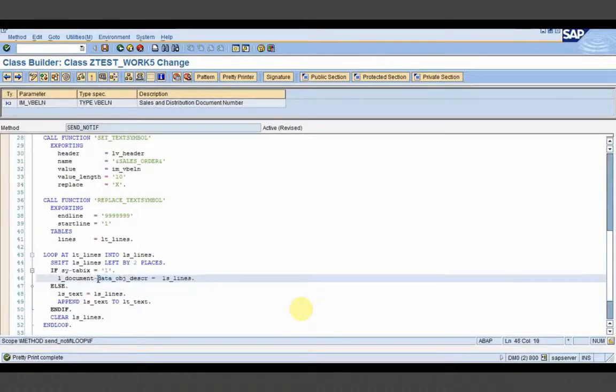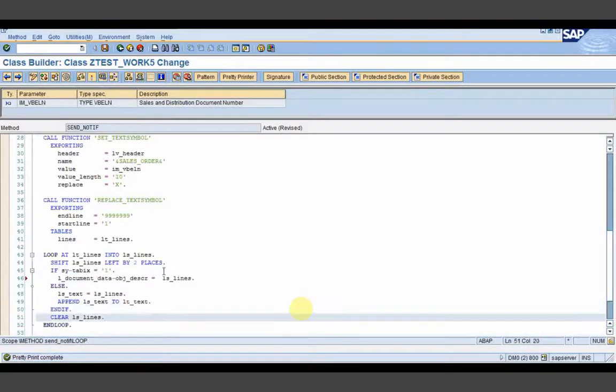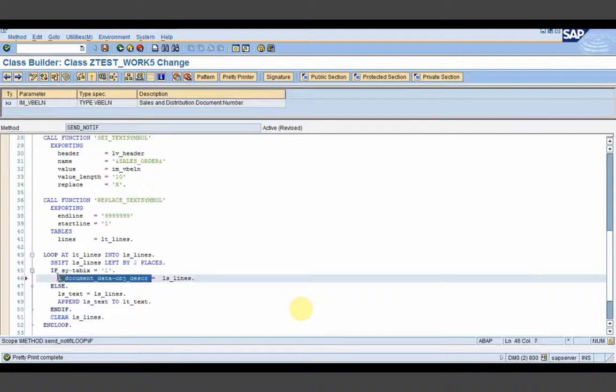I'm sorry, this will be object description. I will show you where we actually populated this. In the data object description I have this subject line, because the sy-tabix was 1, and in the else part I have captured all the body part. So the body part will be in LT text and the subject line will be in this particular variable.